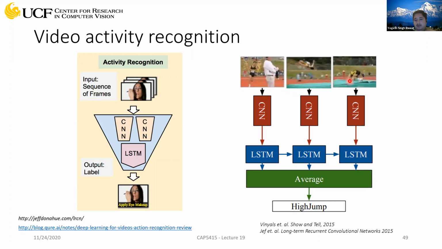And then for a video, you will have a sequence of those feature vectors, which will be input to this LSTM cell here. And each LSTM cell will output something at each time step. So what you can do is either you can just take the output from the final LSTM cell, that also works perfectly fine. Or you can take the average of all these predictions and use them for predicting what activity is happening, or just classifying your video. So that's a simple use case of how you can make use of LSTM.